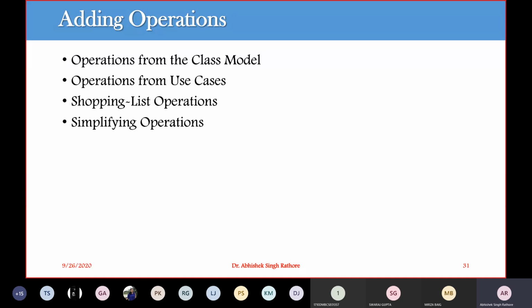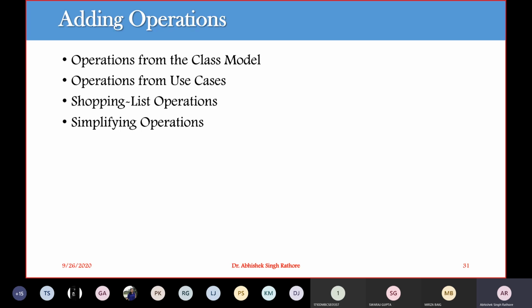This shopping list of operations comes from your domain expert, or right from your real world. These are just some common behaviors. For example, with account details, we have to create an open account, a close account, or a verify account. These are just different simple real world usages of your information system.